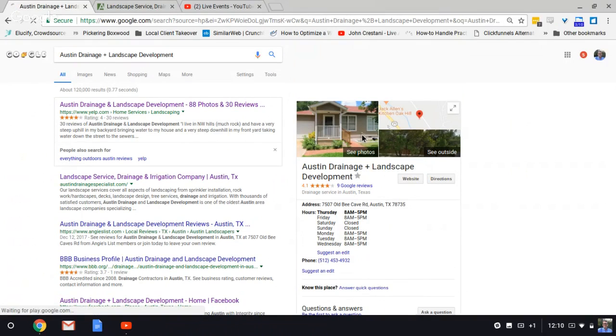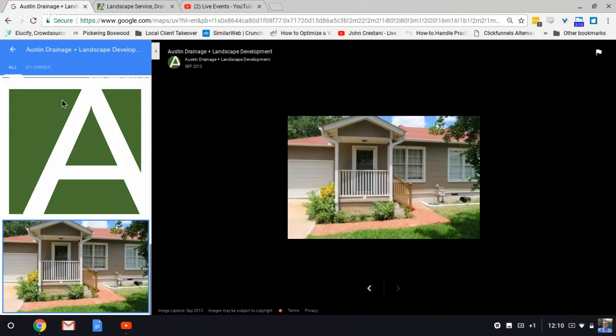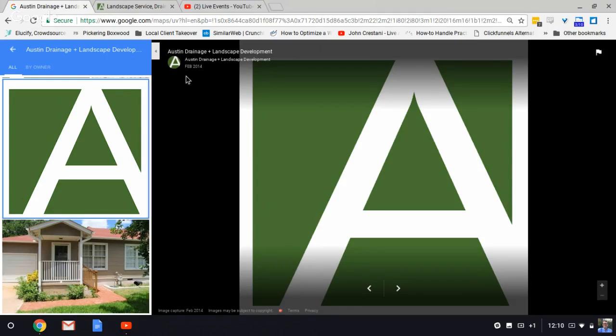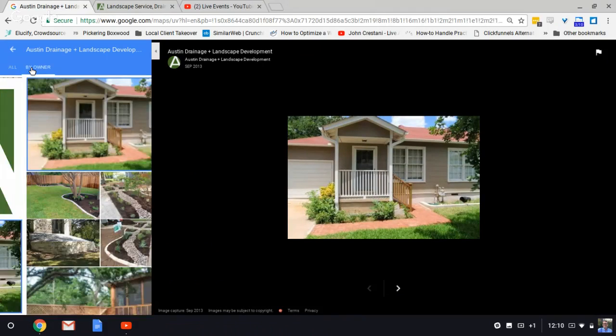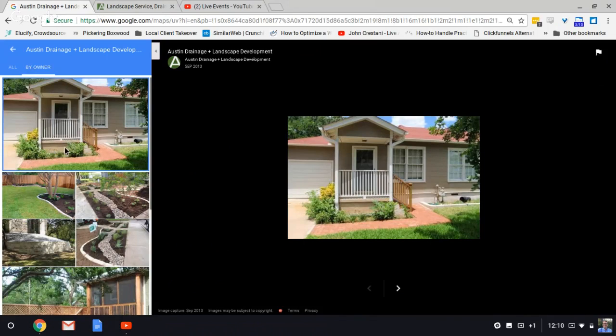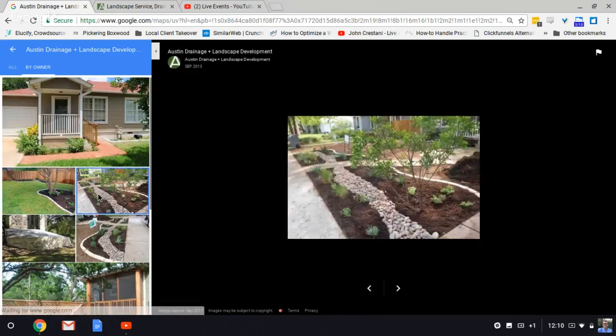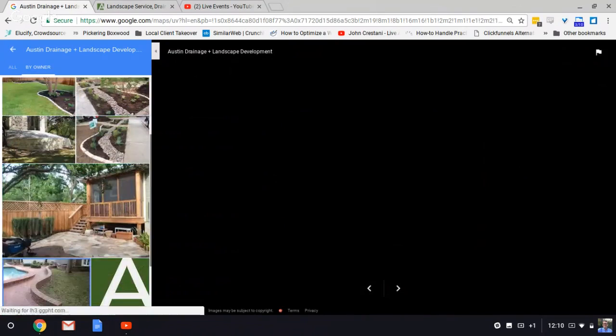Let's take a look at your Google My Business photos. This Google My Business profile is extremely important because that is what is driving your Google Maps search results. The photos are from 2013 and 2014.